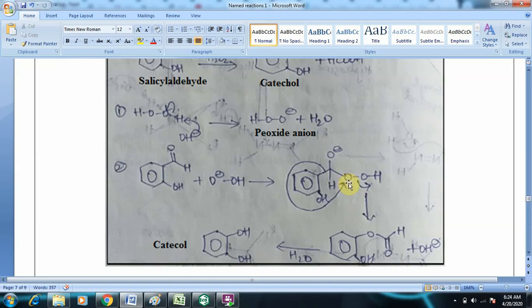And immediately what happens is, when it is migrating, the carbon is losing its valency. So immediately this negative charge repolarizes to form the double bond between oxygen and carbon. So this is how this structure is formed. See here, the benzene will make a direct contact with this oxygen. So here the benzene is making a direct contact with oxygen, and this oxygen is linked to carbon.